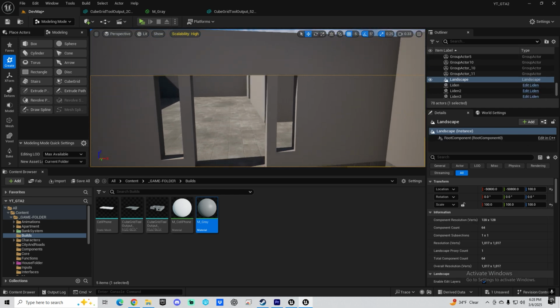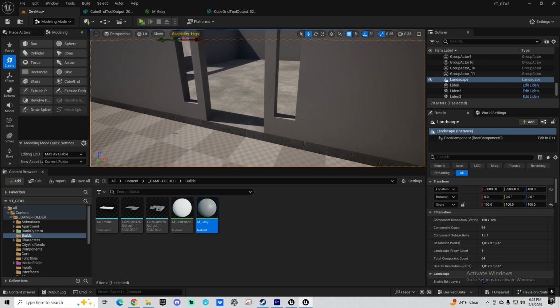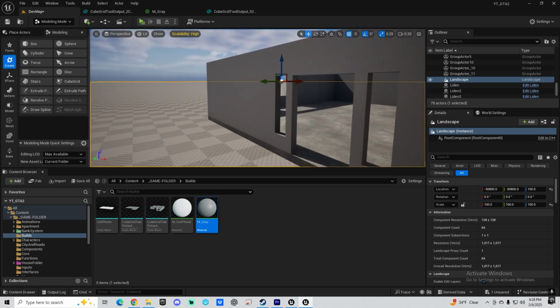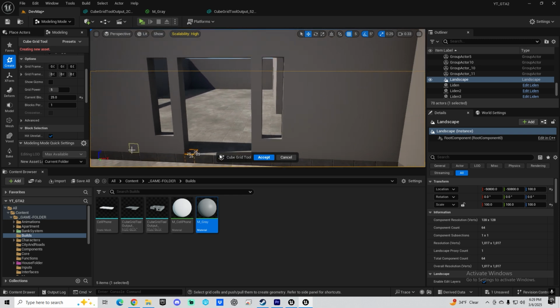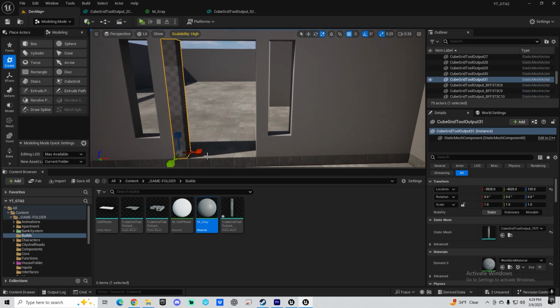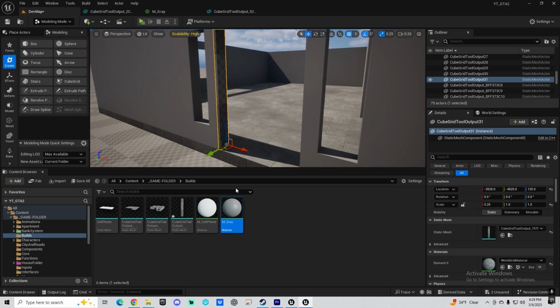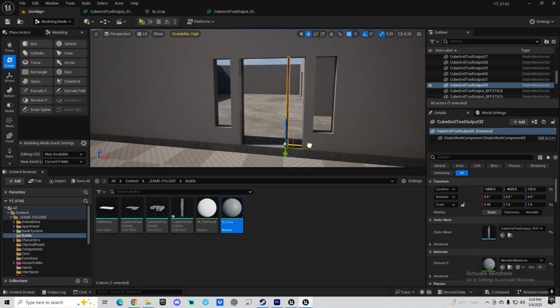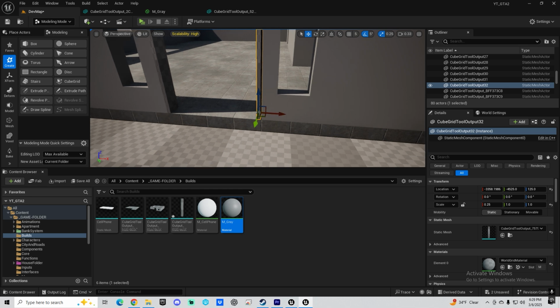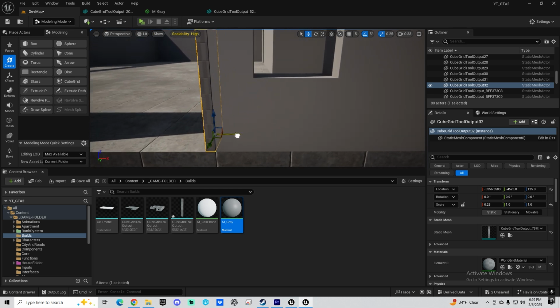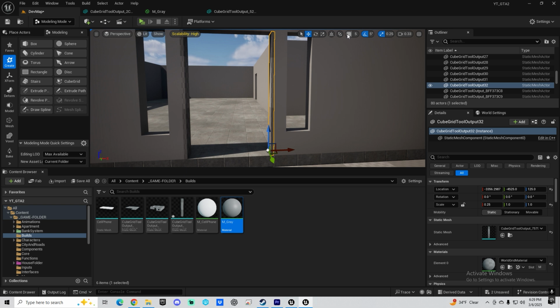And now let's create the door frame. Okay, so make sure you don't select anything, don't select the door or anything, just select the world, and then just go up with E and hit accept, and then you can just shrink it a little bit like that, and then make a duplicate. Like that. Yep. And then make another duplicate